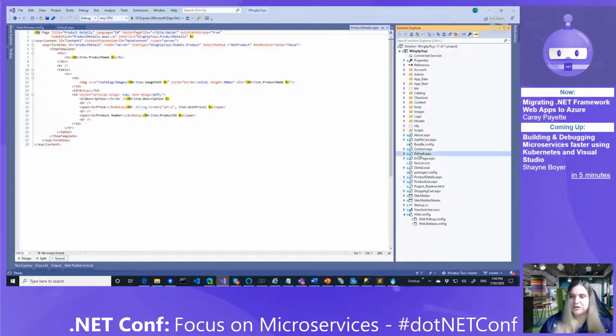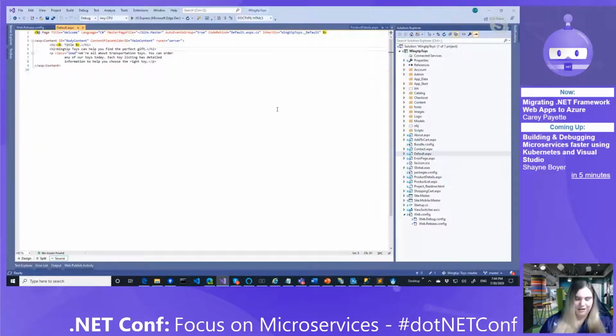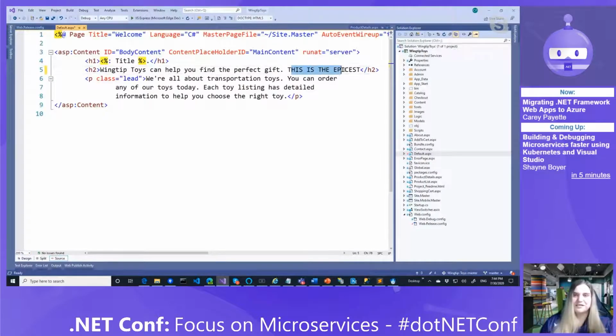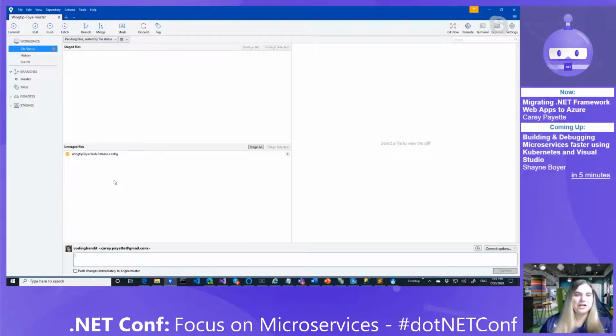Actions. So let's go to our default page, and we can say this is the epicest. That's a word, trademark, Carrie Payette. So I just add, this is the epicest right here. I can go ahead and save that. And I'm going to commit my change